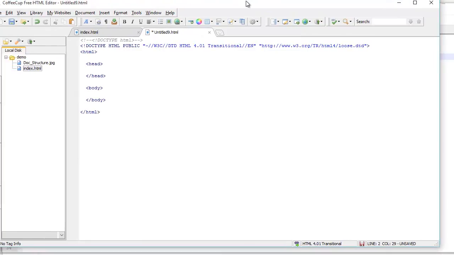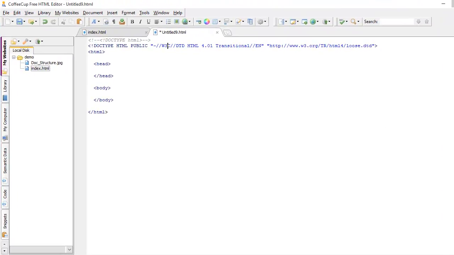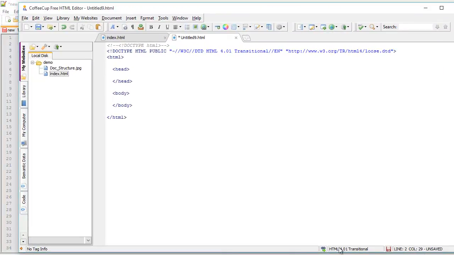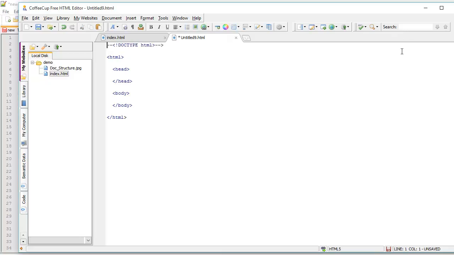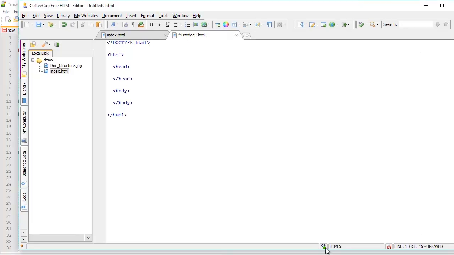To prove it, at the bottom you can see over here it says HTML 4.0.1. If I remove this, delete, and enable this back again, and save it, at the bottom you can see again that it's HTML5 now. So that's how it detects what type of document it is. So now we understand